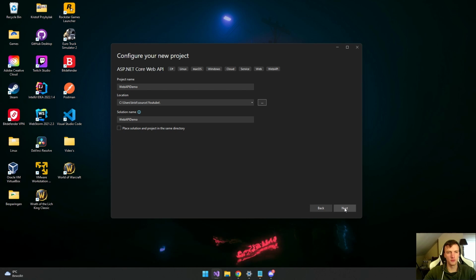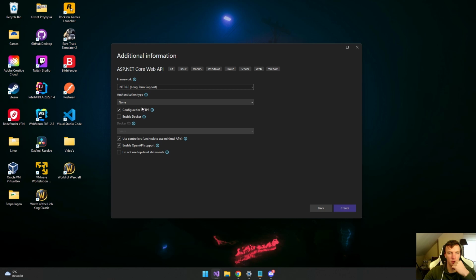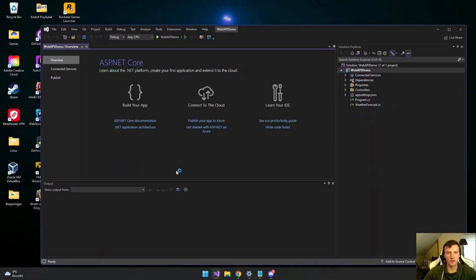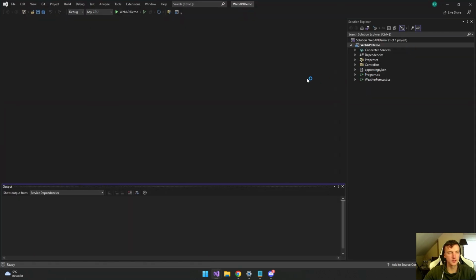You can select the folder you like, click on next. We're not gonna change anything here, we're just gonna keep everything the same, and we're gonna click on create, and it will create this little thing. You can close this one. I'm gonna full screen this.